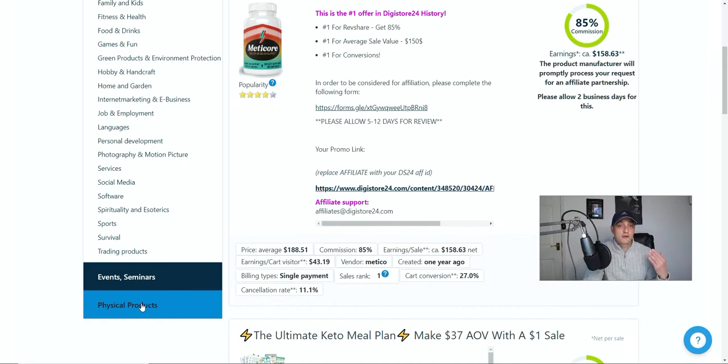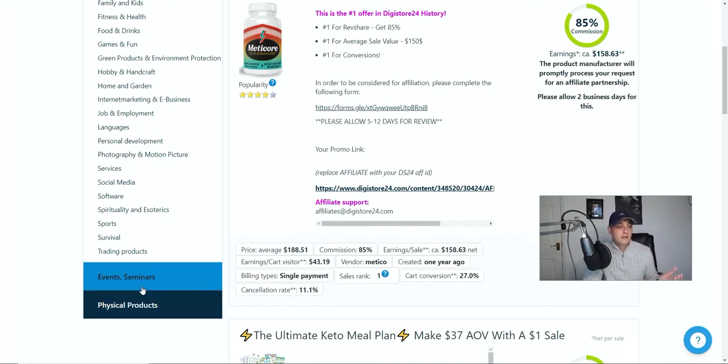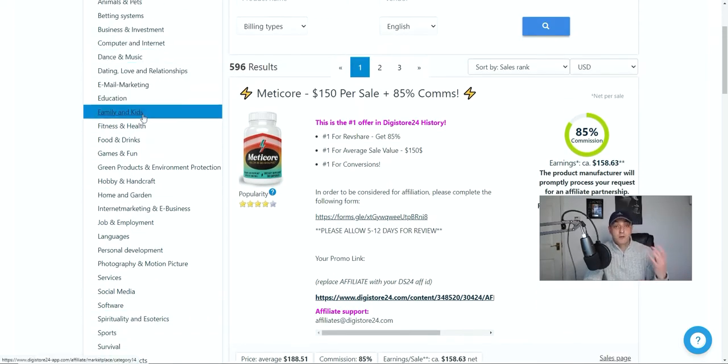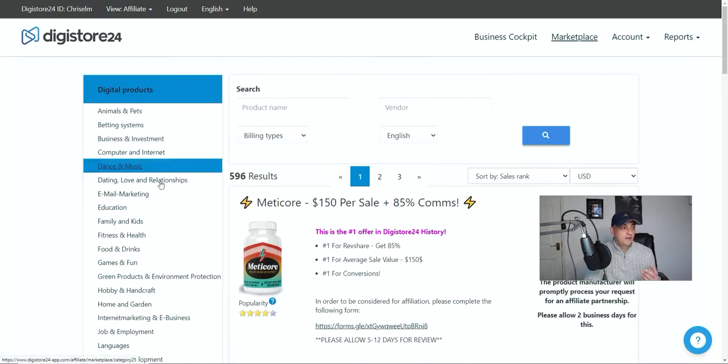So if you want to sell something that probably has a rebill, so you can get paid again on a monthly basis, you might want to look in there. But it is down to your niche. So depending on your niche, you want to have a look through this, and then we'll have a look at some of the metrics. So for example, if we wanted to go into the health and fitness,